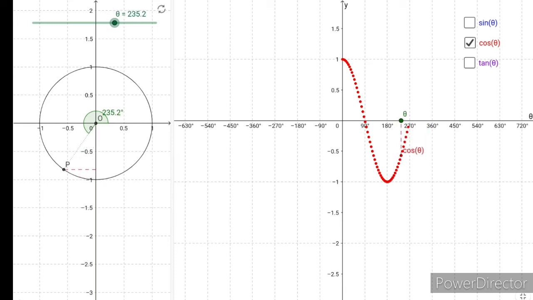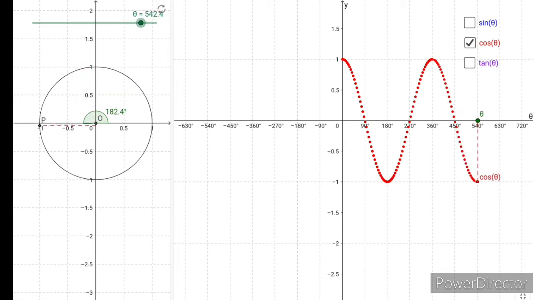When it becomes 270, it becomes 0. What happens after 270? The dotted red line comes towards the right side of the y-axis, which is the positive x-axis. So cos after 270 again becomes positive. When it reaches 360, the length of this dotted red line, which is cos theta, becomes 1 at 360. What happens after 360? We have seen in the sin theta case that after 360 it keeps on repeating. Similarly in the cos theta case, after 360, again it starts from 0.